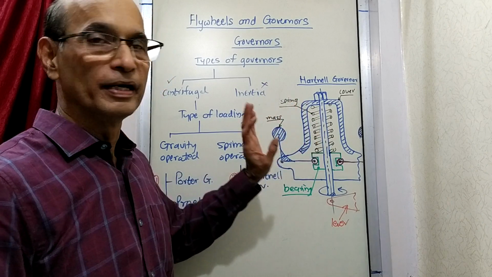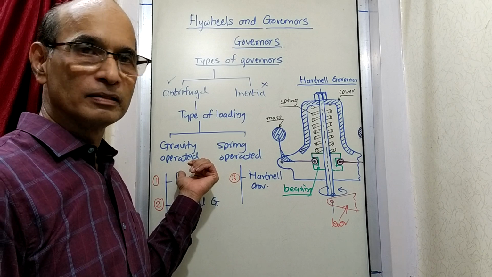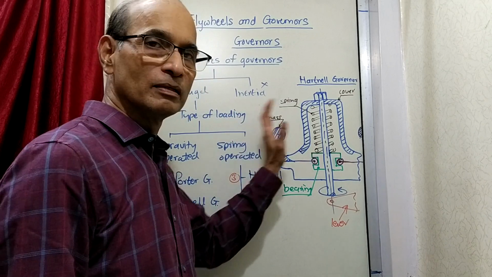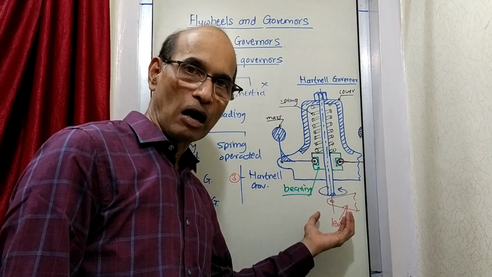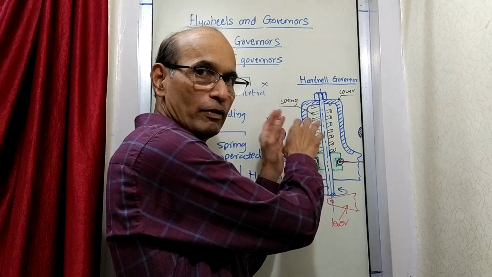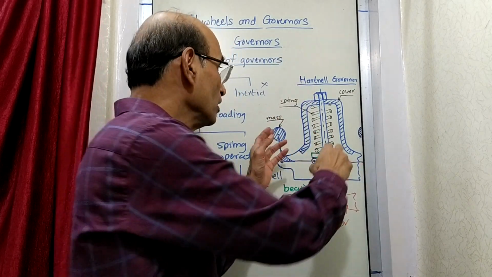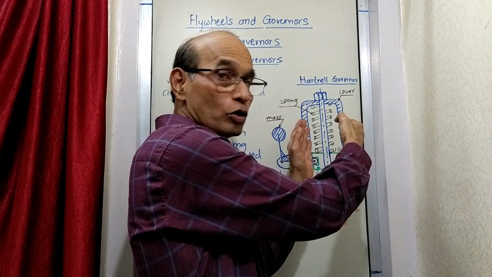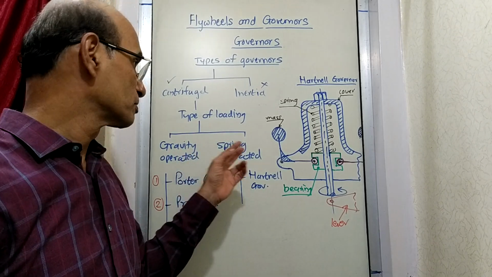Now what is the spring doing here is, the spring is doing the work of gravity. What was gravity doing? That is done by the spring here. So in the last case, this movement was carried out because of the masses. There was one heavy weight there. That heavy weight was trying to come down, and when it was coming down, that was causing the mass to come close. And when masses wanted to go away, they were going away and the weight was lifted in the earlier case. Here, when the masses go away, the spring will compress, and when the masses cannot go away, they want to come close, at that time the spring will come down. So the gravity is replaced by spring.